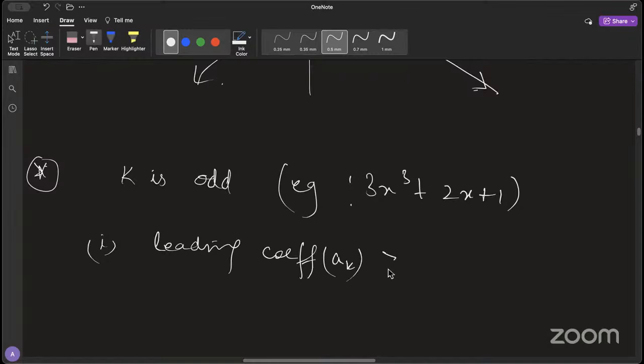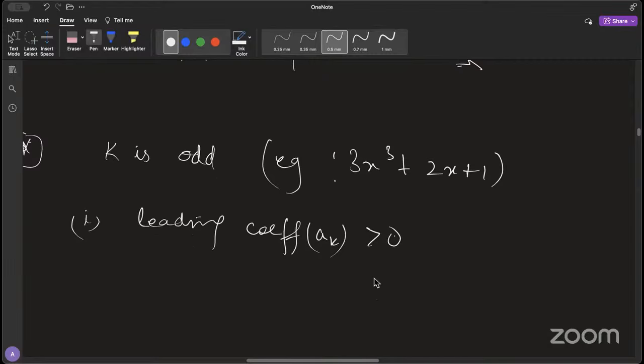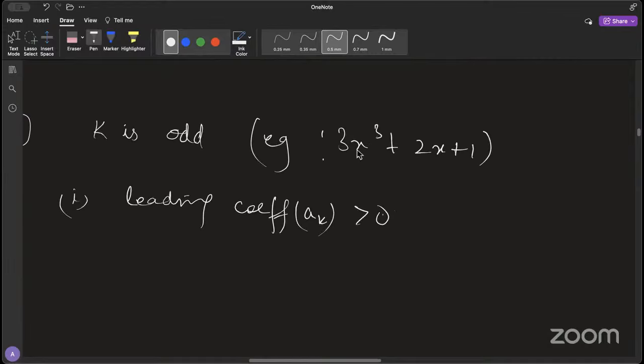Now, if your leading coefficient a_k is greater than 0, as in this case, then as x tends to infinity, with leading coefficient greater than 0 and degree odd, like 3,